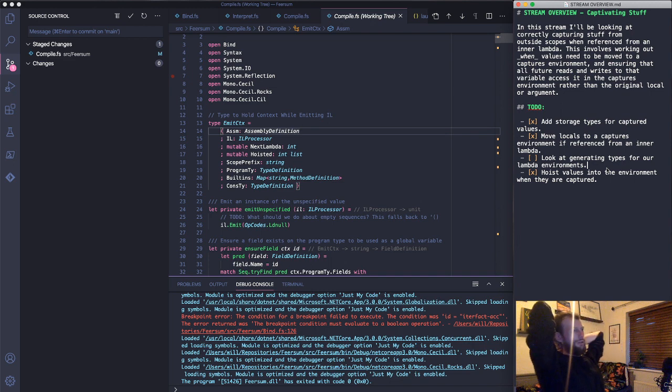We're going to have to keep track of how the arguments map onto, like, yeah, if we're writing out a lambda which needs an environment,